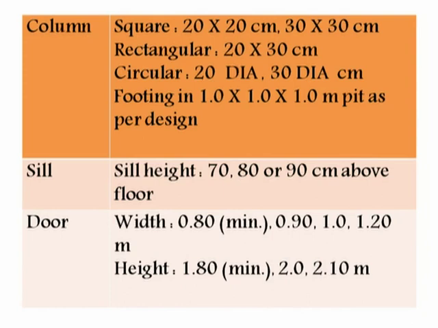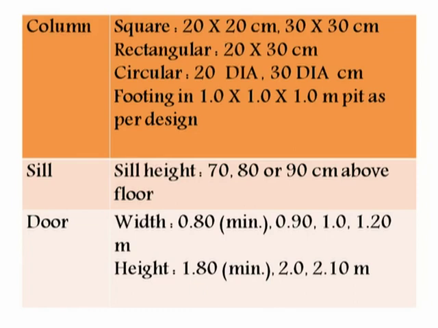The next component is the column. The column is a vertical member which is provided in a building to transfer the load of the beam and slab to the foundation. Depending on the shape of the column, there are different normal dimensions. If it is a square column, then 20 into 20 cm is the normal dimension. It may be 30 into 30 cm also. Rectangular columns have a size of